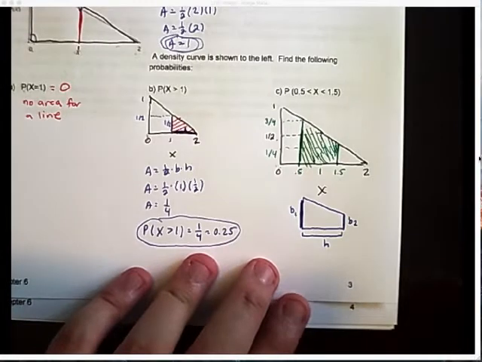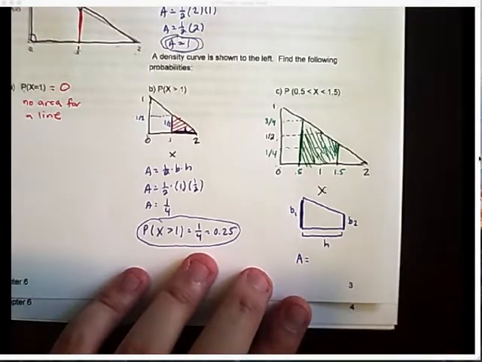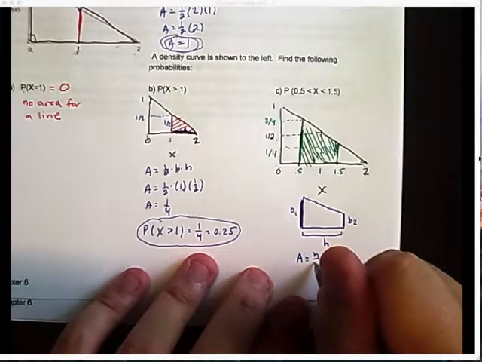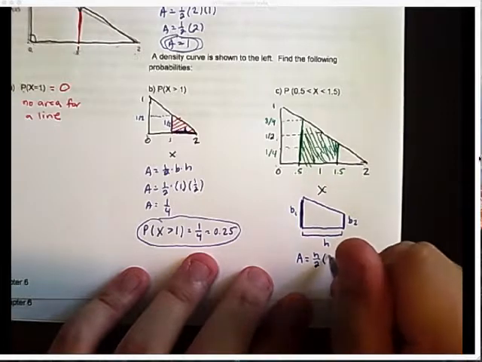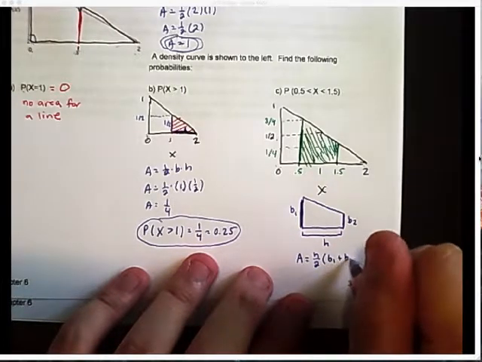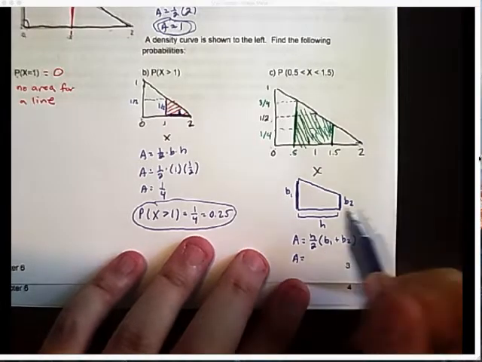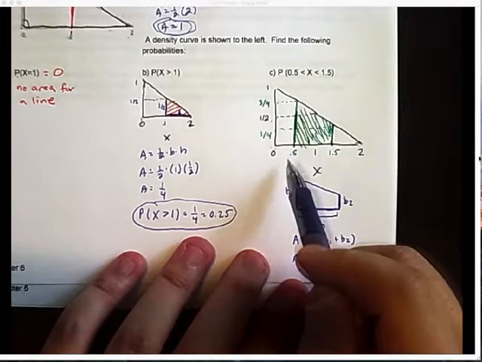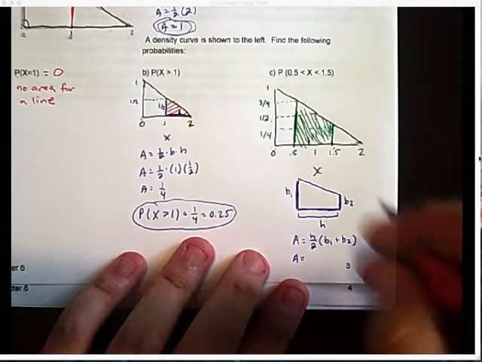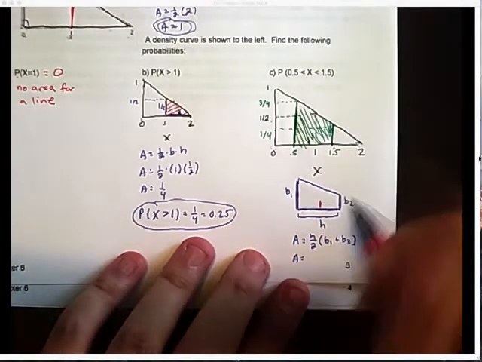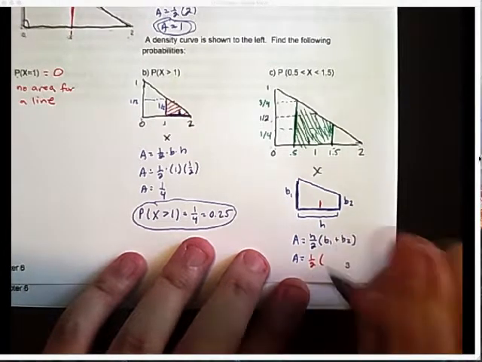All right. So how do you find the area of a trapezoid? You take the height over 2 times the sum of the bases. So what is this height right here? Well, I started at 0.5, I ended at 1.5, so the height is simply 1. So I do 1 over 2